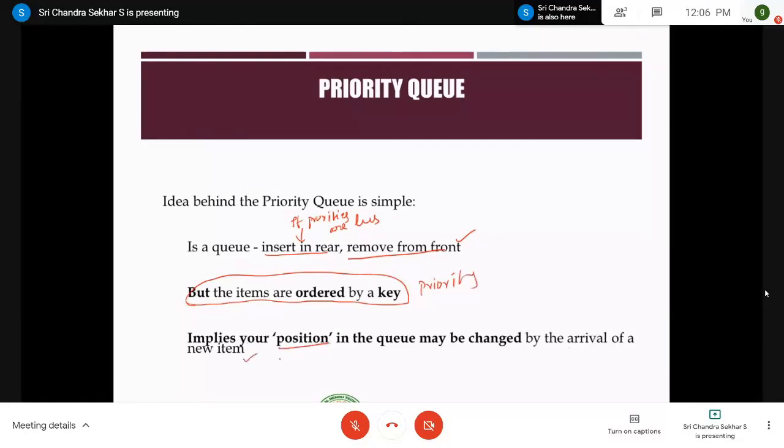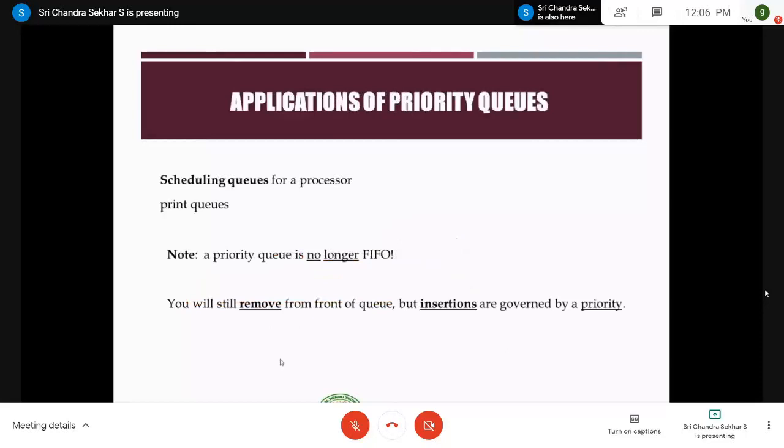So whenever a high priority arrives, for example, if you go for a darshan at a temple, right? If any MLA or MP or CM visits the temple, then he has to be given the highest priority, and he will be given darshan very quickly by stopping the remaining people. That means you have to stop the remaining jobs, and then give priority to the CM or MP or whoever it may be, right? So that is where priority queues will be used.